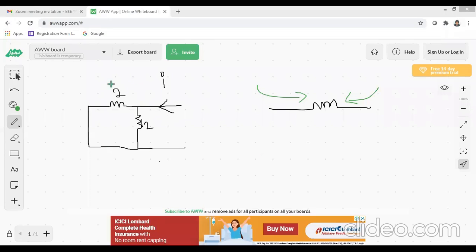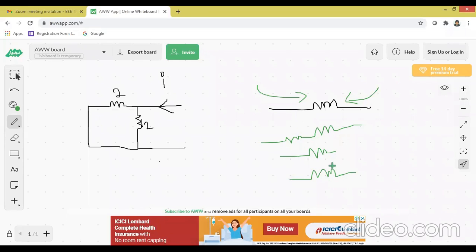Now we have 2 and 12. How do we decide if they are connected in parallel or series? One simple question. How are these two resistors connected, these two resistors which I am drawing? Series or parallel? The answer is that these two resistors are not connected. Understood? There is no connection.